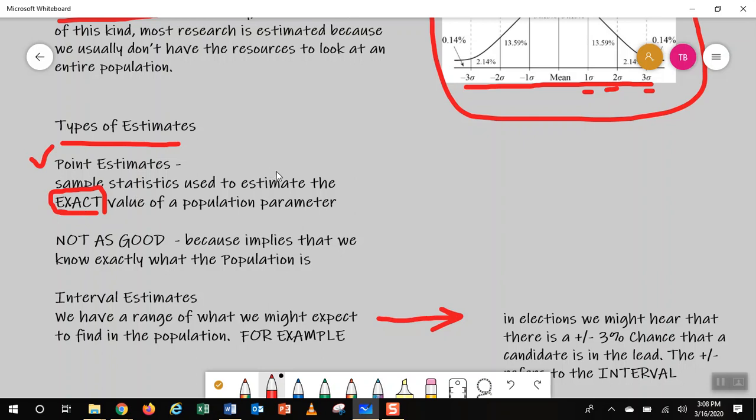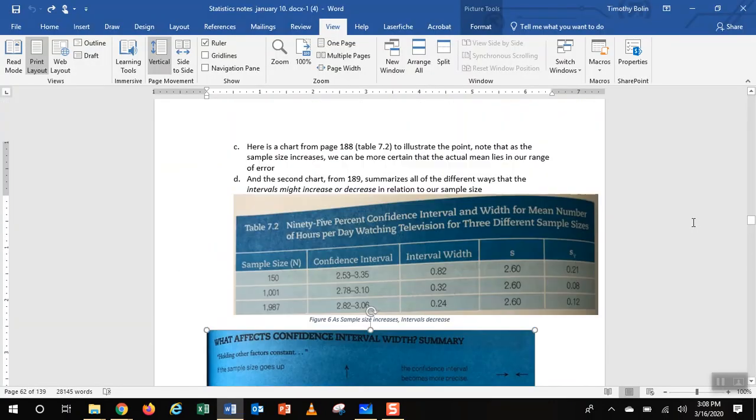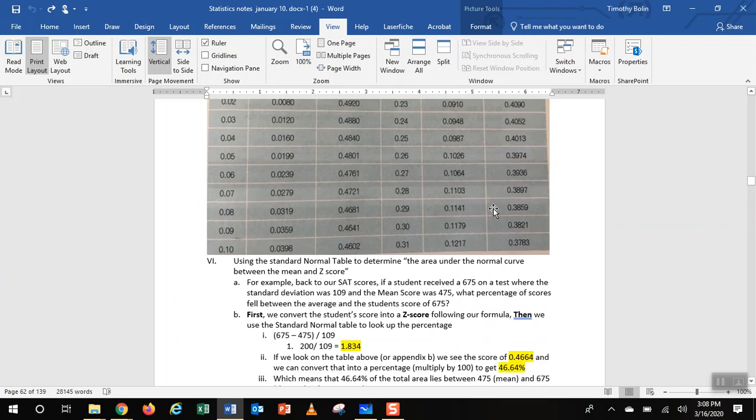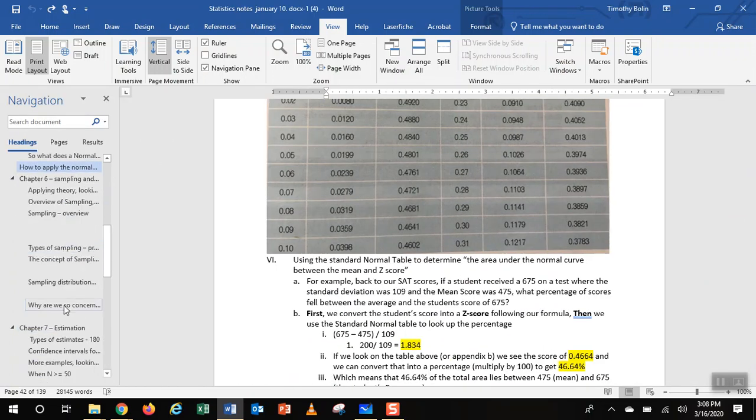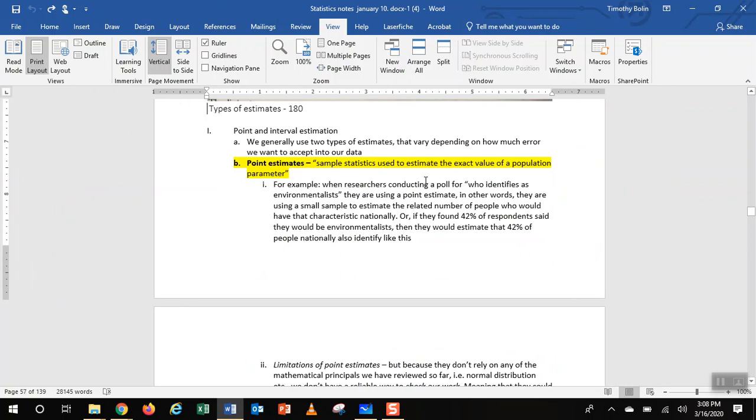Point estimates, if you pull up your notes, I'll pull back up here. These are something you all could have opened up as well. Point estimates are right here. This poll for who identifies as environmentalists. If we just did this poll in our class, for instance, everyone raise their hand who identifies as environmentalists. And maybe we found that 42% of respondents said yes. That would mean that 42% of this group said yes. And if we were then to make an overall estimate that the whole population at COD, for instance, was 42%,